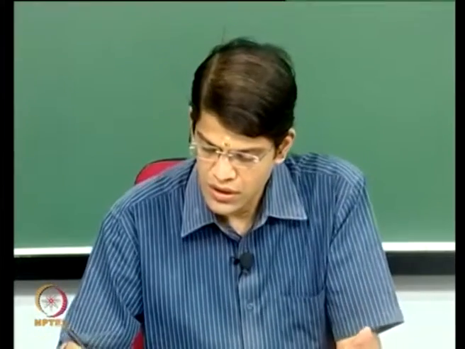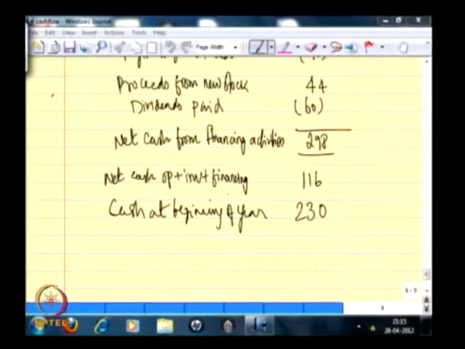or financing activities. And as explained, for the purpose of preparing a cash flow statement, we compared the values between two successive accounting periods to understand the flow of cash related to any of these activities, and found that in some cases there was a net cash inflow, in some cases a net cash outflow, in operating, investing and financing. And the net of all these activities, in the example that we chose in the last class, we found that the net cash from the operating, investing and financing was